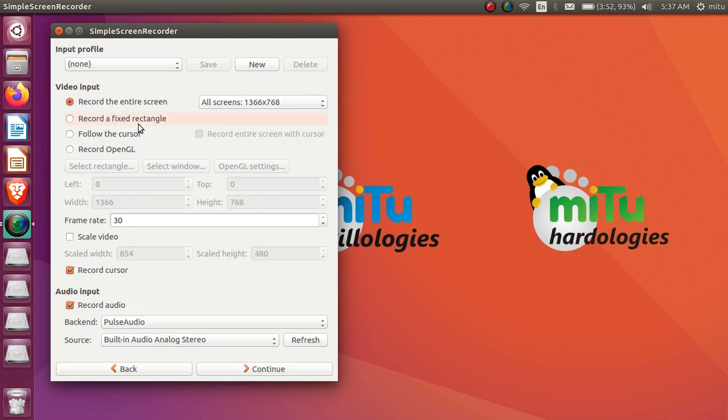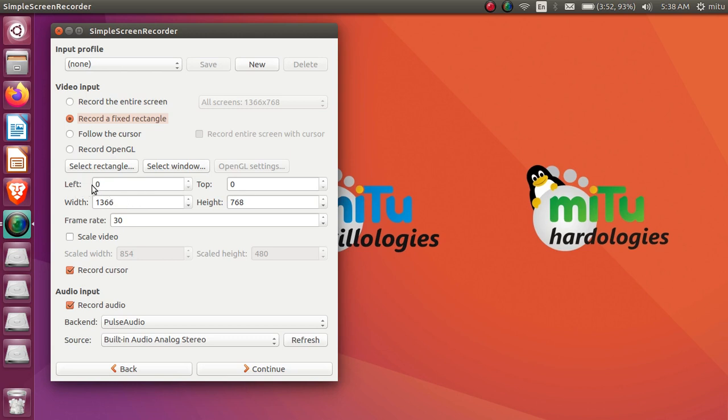Or if you want to fix the rectangle, you have to mention which rectangle, means this particular part of the screen or that particular part of the screen. Here 0,0 is present, and the highest resolution is here. From this side it is 1366, and from this side it is 768. That's the default resolution it will take and perform the operations. So only that particular part of the video will be used there.